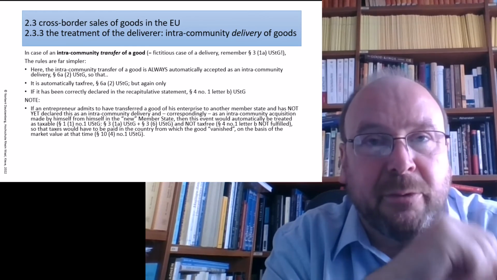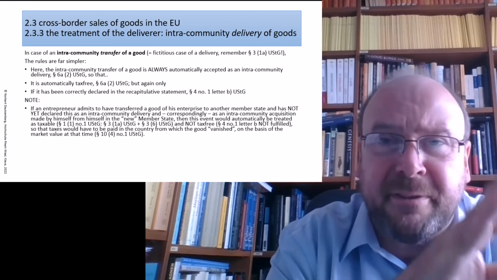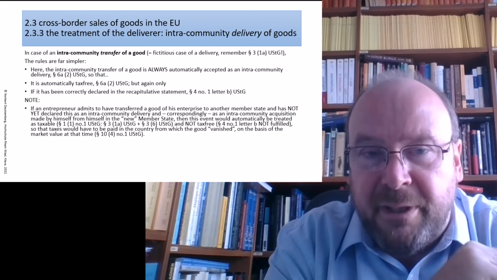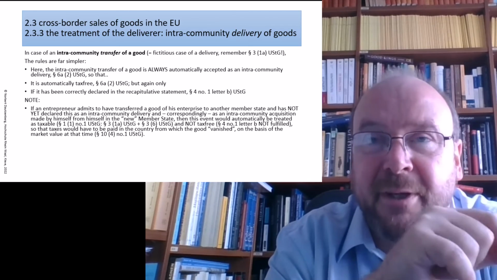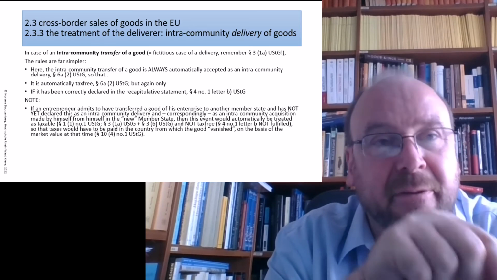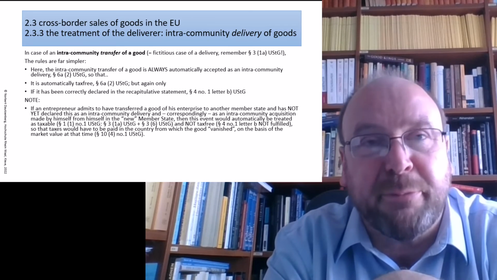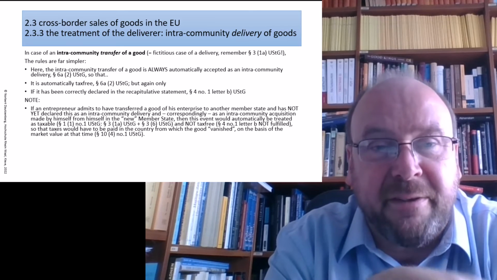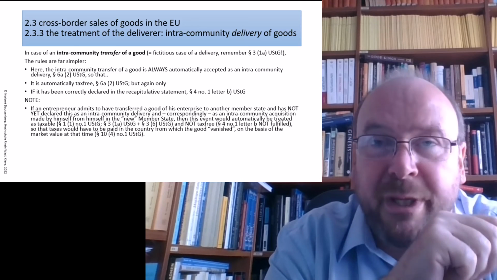And here the rules say, okay, if you bring forward, I brought it to France, it's automatically accepted as tax-free. The only requirement is that you only get the tax exemption if you correctly declare the transfer of the crane to France. And that means the French get the information that now the crane was in their territory. And if later the crane begins to vanish from your books in France, next tax inspection comes and the crane is no longer there, then the French will ask you questions. And now they can ask you questions. Where is the crane?